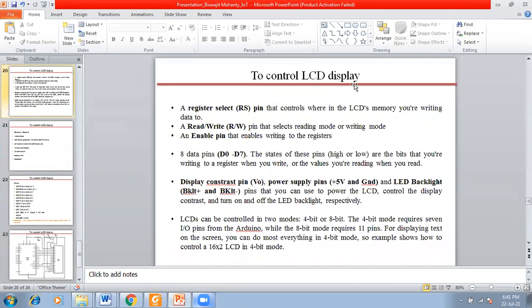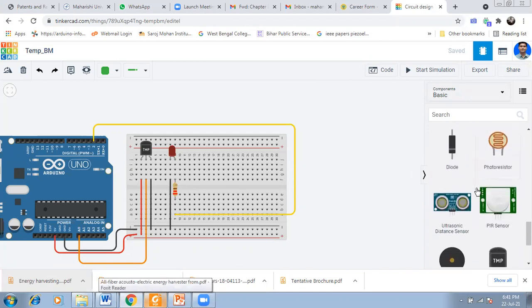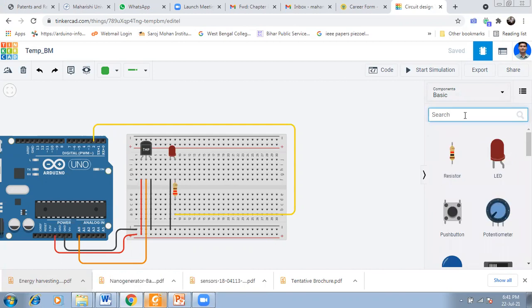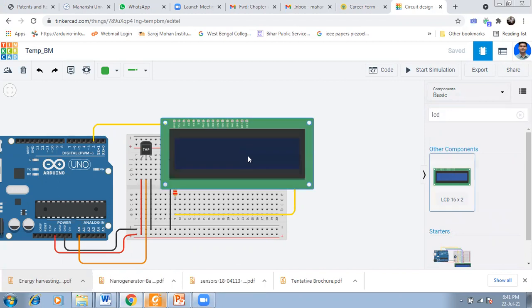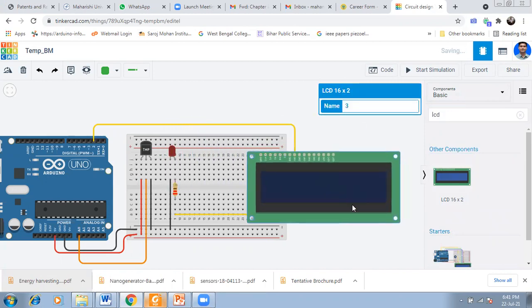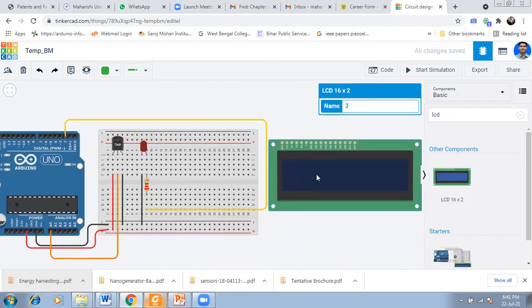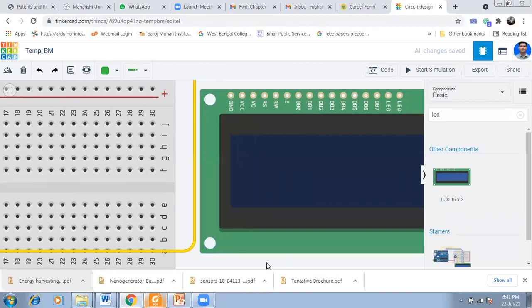To control the LCD display, so this is our LCD display. I have placed it here. Now maximize it, then it will be clear and visible for you.